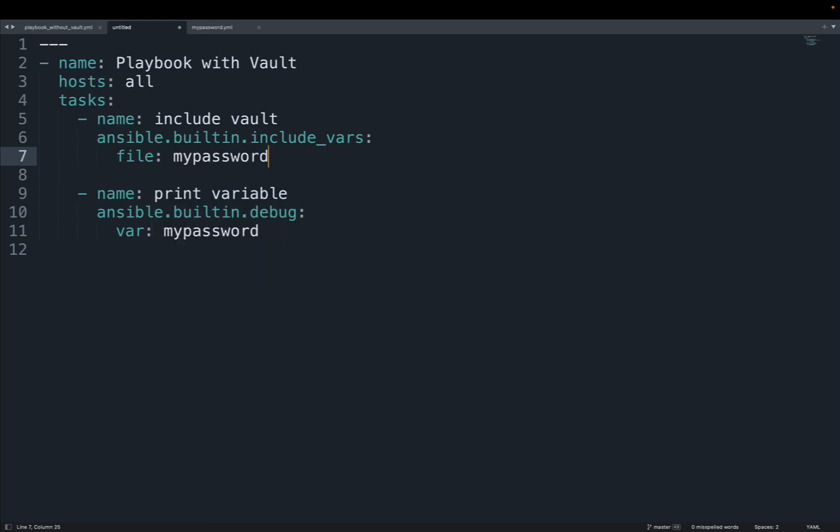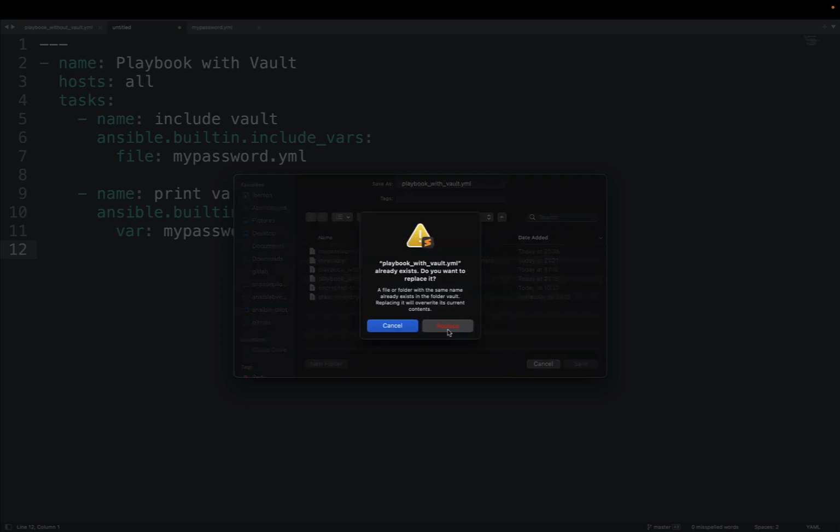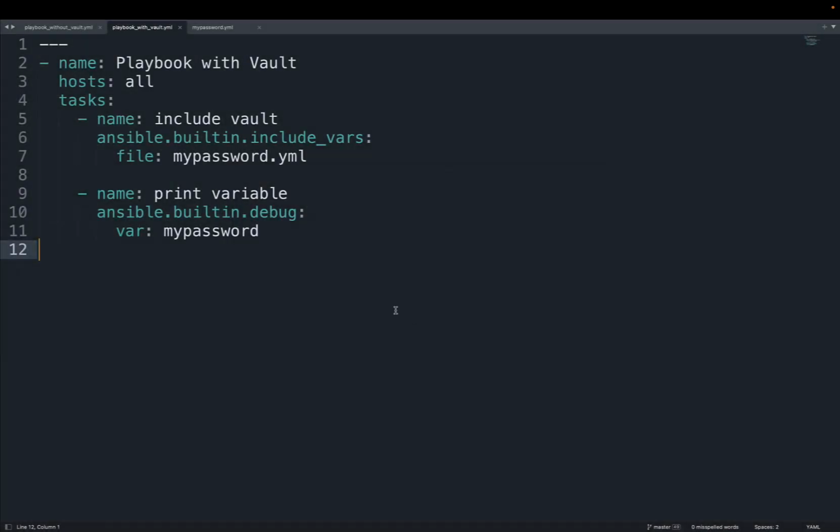So let me specify the parameter file and the name of the file, mypassword.yml. You can include clear text, but also Ansible Vault. Let me save it as playbook with vault. Cool, now let's move to the terminal to have more fun.